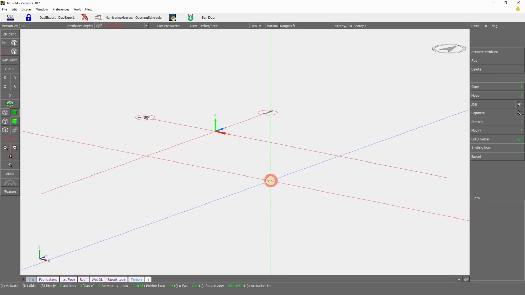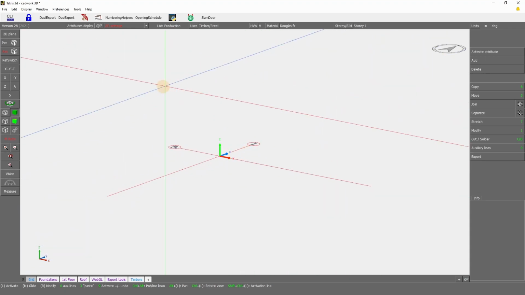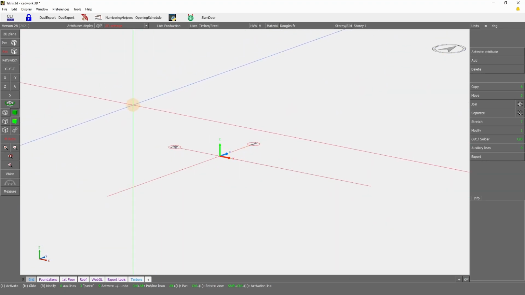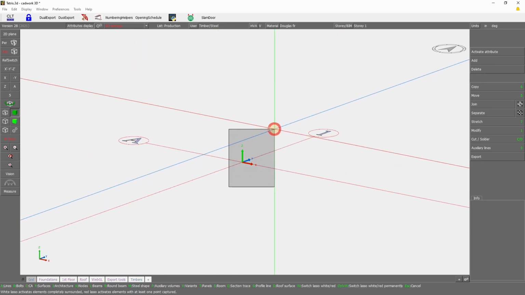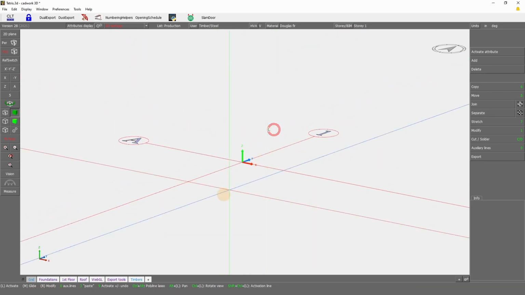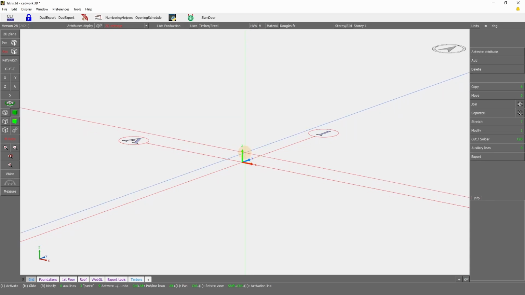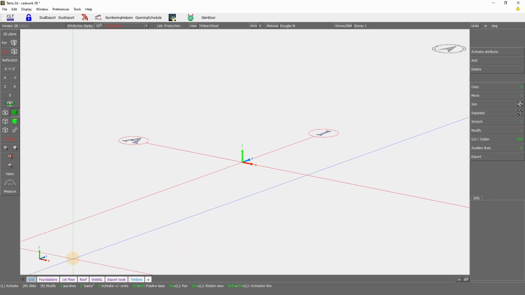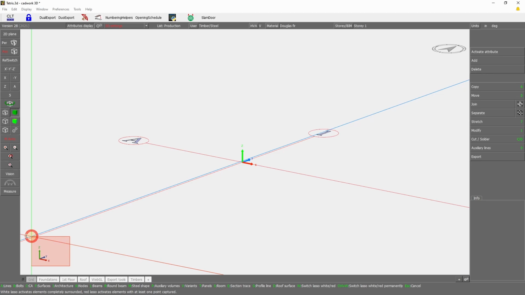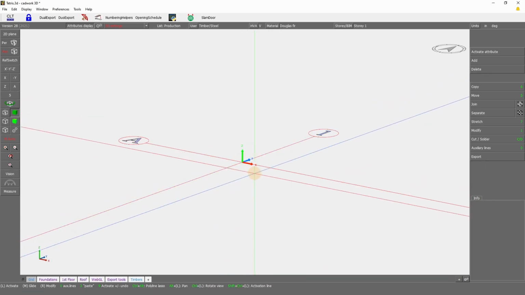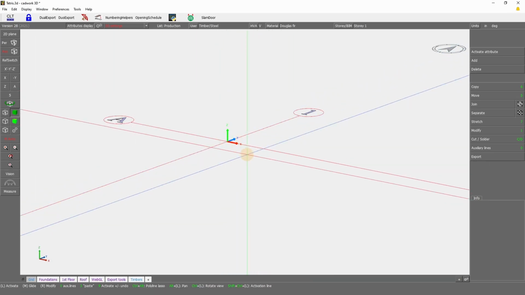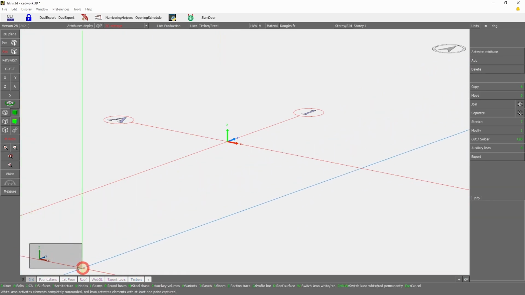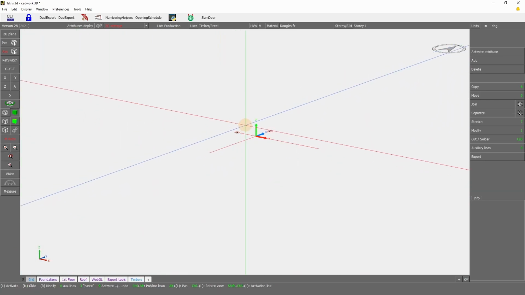And here we go. So this is the Cadwork 3D interface. In the middle, of course, you have the drawing area with its axis system, so with Y, X, and Z, that you will also find here at the bottom left corner. So this is a fixed point at the specific location. This is the origin of your model, and this one is simply a reference that is always available at the